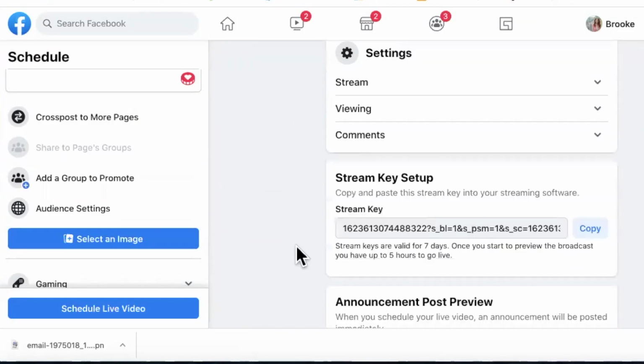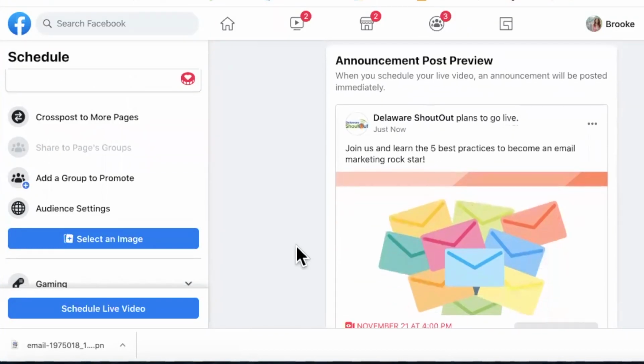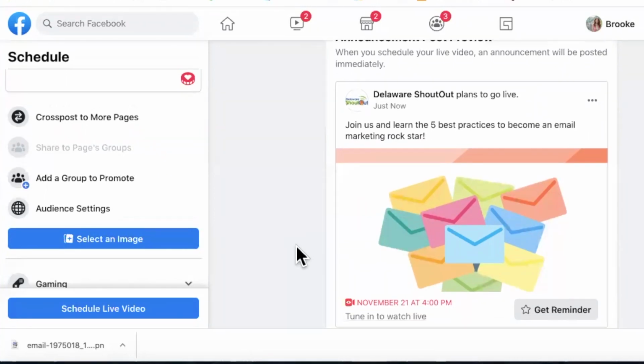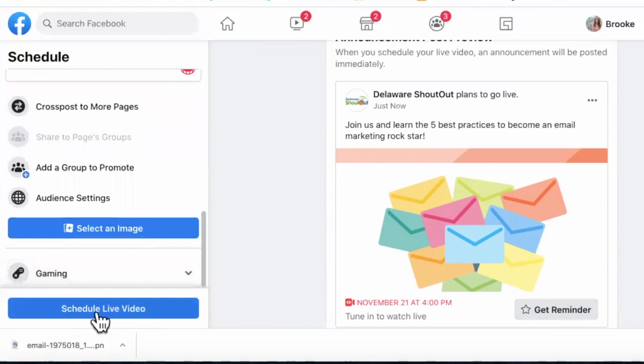And if you scroll down, you can see an announcement post preview. This is what the announcement post will look like. You can even see that there's a get reminder button here if people want to get reminders about it because they really are interested in joining you. They've been invited. Then you can go ahead and click on Schedule a Live Video. By the way, if you don't go live within 10 minutes of your scheduled time, Facebook will cancel your event,